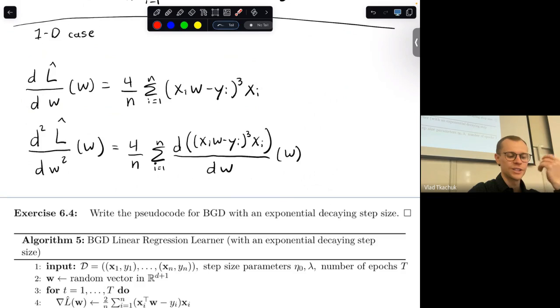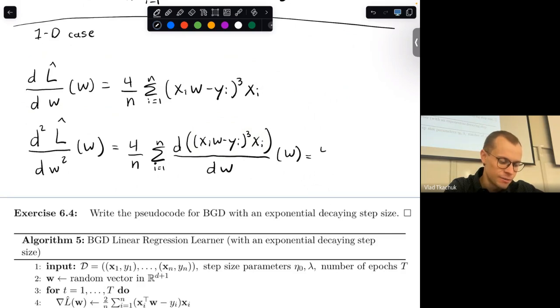And that turns out to be quite easy again, because this is just a constant, right? It's just a number. So then I just take the chain rule. The 3 comes outside, this becomes a 2 now, and then I take the derivative of the inside again. And all that gives me that this is 4 times 3, because the 3 came out, so it's 12 over n, times the sum of i equals 1 to n of